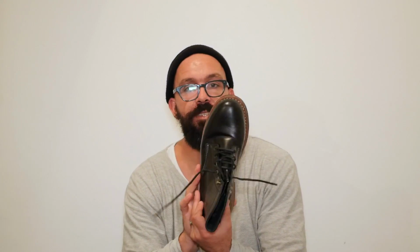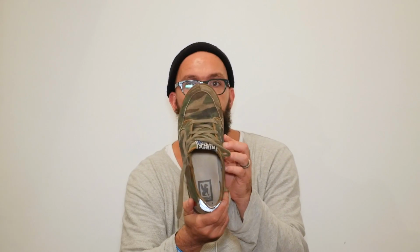These ones, the back is too high. My favorite shoes to skate with are something like these. Kind of like a flat sole, like I just told you. Round front, and then it's like a flat shoe. You don't want the shoe to have the heel super high. And like I told you, you want the sides of the shoe to be